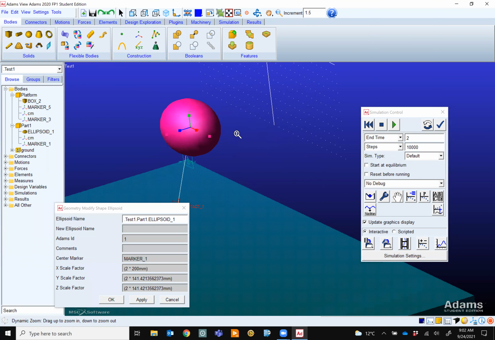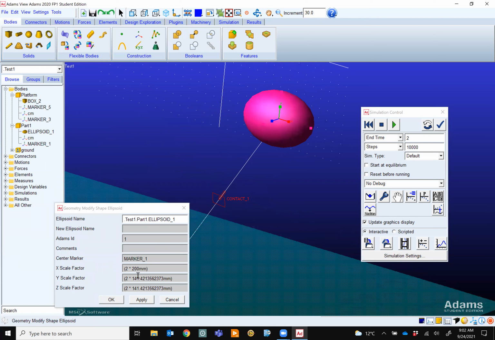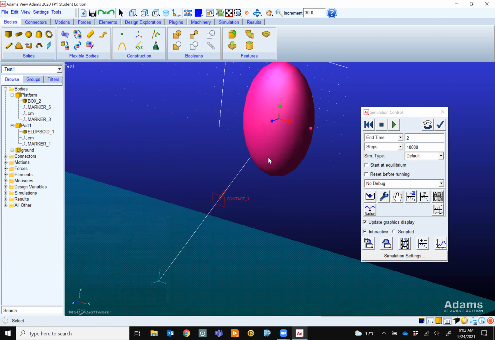Because if I make all of them 200, then it will be a sphere. You see, you have all these controls, so you can make it 300 in that direction. So you can change the size of something as well. And when you change the size, based on its density, it calculates all of the stuff for us.